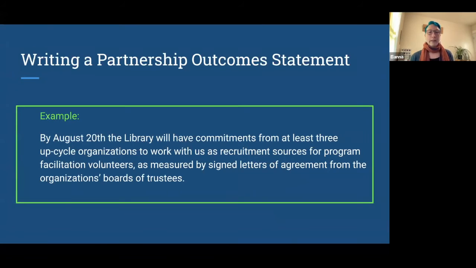You've got the board of trustees involved in making sure that things are documented and mutually understood. You've got that information recorded through signed letters, and the process is documented. So you also want to be thinking about MOUs, memorandums of understanding. That can also be used in the process.